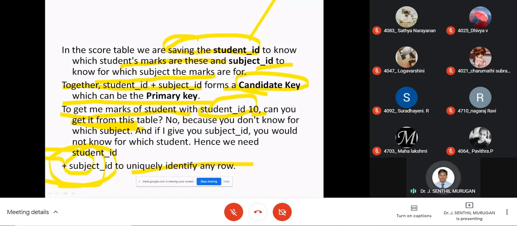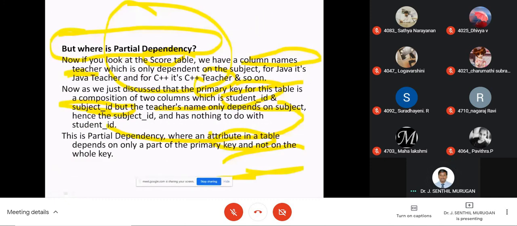What I am going to do is put student ID and subject ID together, which forms a candidate key, which can be a primary key. Now, for example, C++ means the C++ teacher will teach, and Java means the Java teacher will be teaching. The teacher column is a partial dependency.